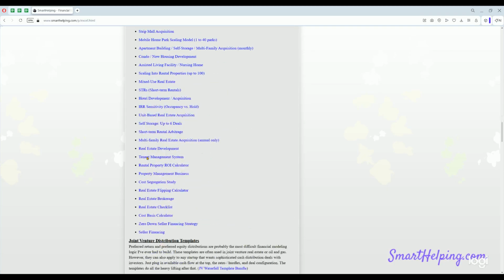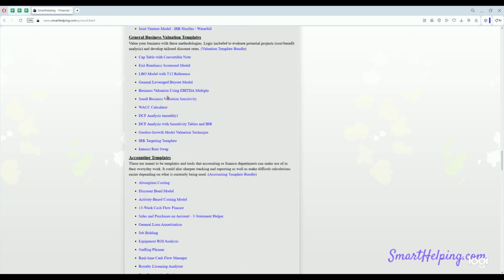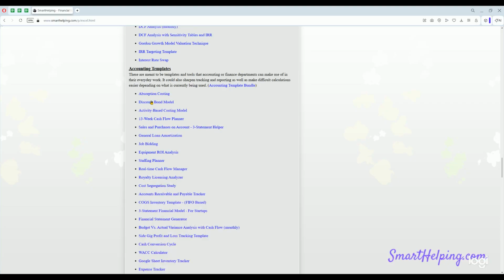Real estate, I showed you. Here's a joint ventures. This is where the model I just talked about today is going to go. General business valuation tools. Some good ones here. The exit readiness scorecard I thought was interesting. That was one I built a year or two ago. But lots of different things here to look at. Accounting templates,